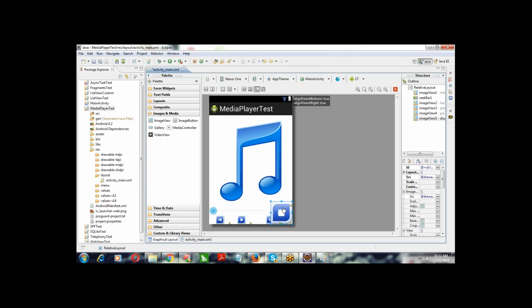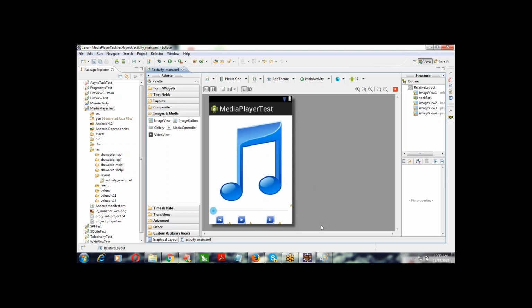See, we are getting some problems with the drag and drop. If you want to design a user interface and you don't have a complex user interface, then okay, you can go for drag and drop. In our previous examples we used the drag and drop option because we didn't have a complex user interface. But if you want to design a complex user interface,